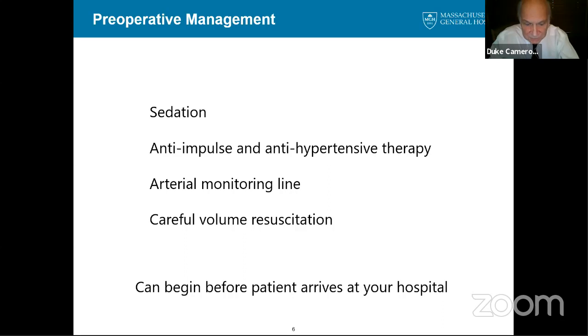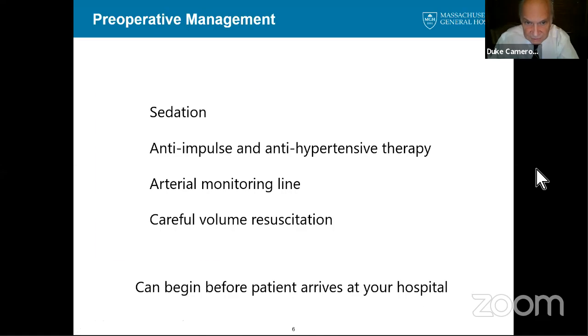Arterial monitoring with an art line is important, and some of these patients need a careful volume resuscitation rather than going to the operating room markedly hypovolemic and unstable. And many of these things can be done before the patient actually gets to your specific hospital. In areas of our country where regional care for dissections is well organized, all of these treatments are begun before the patient's even transferred. And well-organized programs, such as the one in Michigan, have seen great benefits from this kind